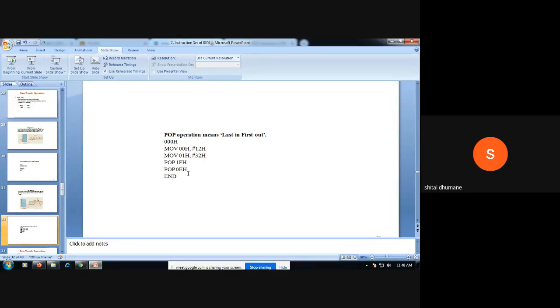That means you can pop the data from your stack pointer into the register. While in push operation, your data from any register or memory location will get pushed to the stack memory location. Okay, so with the help of examples, you have to explain these instructions, push and pop. You have already studied somewhat about push and pop instructions. So your push is first in, first out, and your pop is last in, first out. Okay, so these are some more data transfer instructions, that is push and pop instructions.